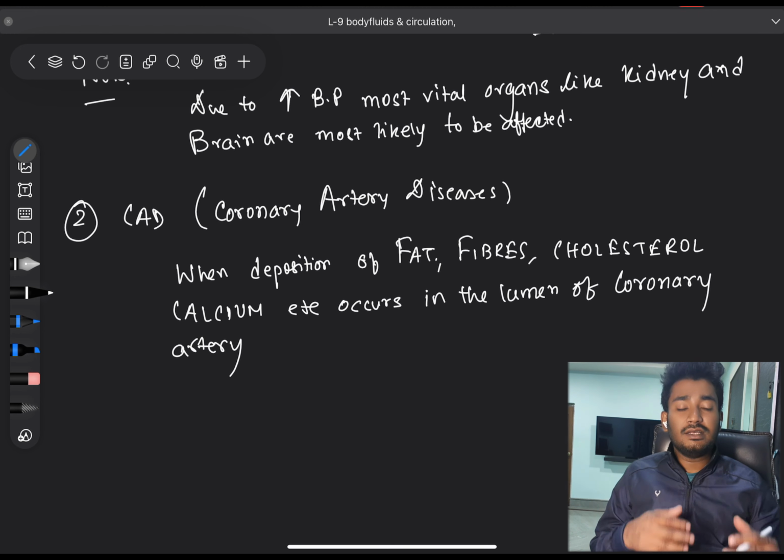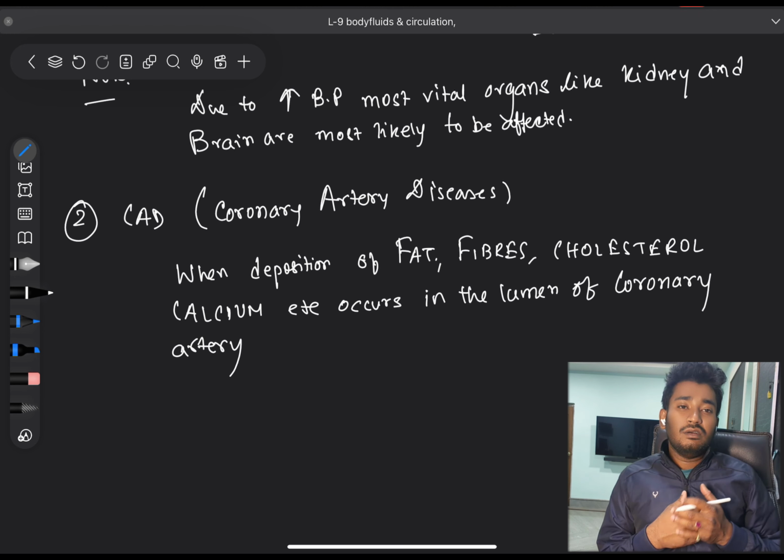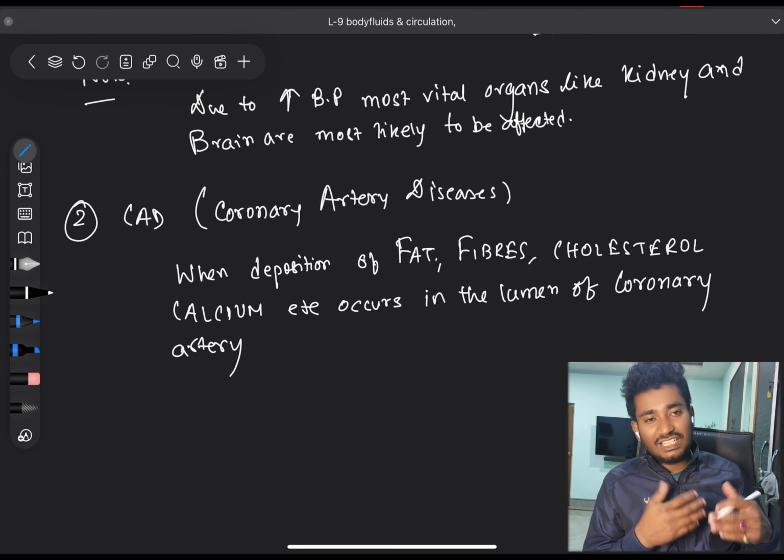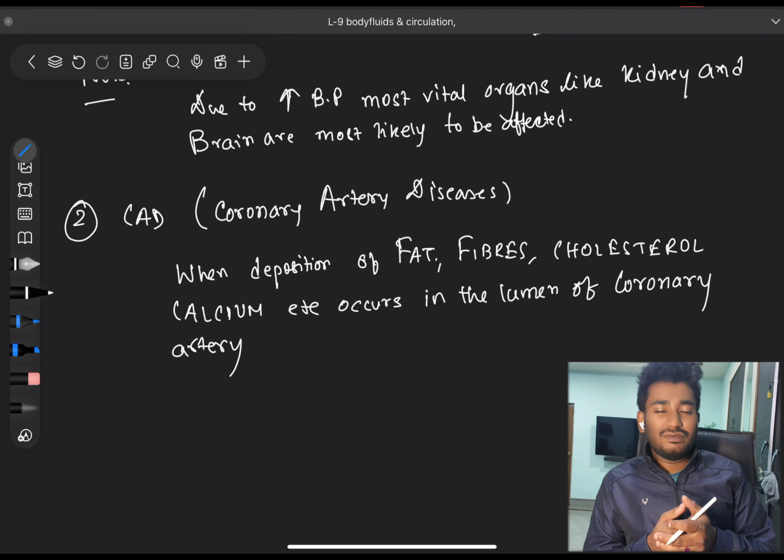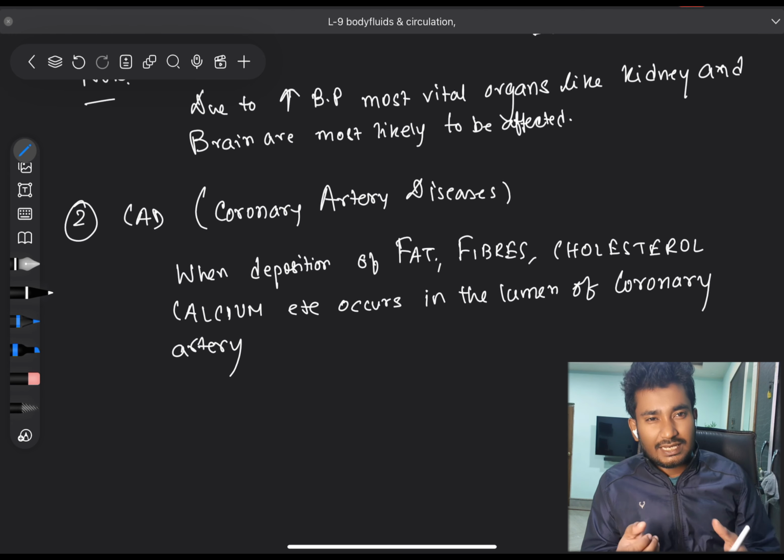When the coronary arteries are being jammed with fat, cholesterol, calcium deposition due to excessive use of oils, butter, ghee, fast foods, sodium,